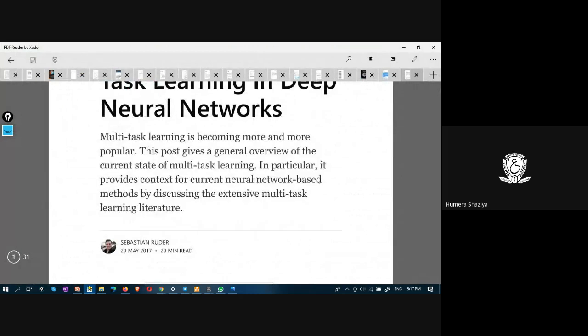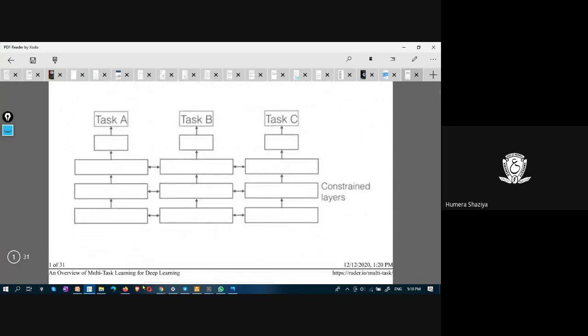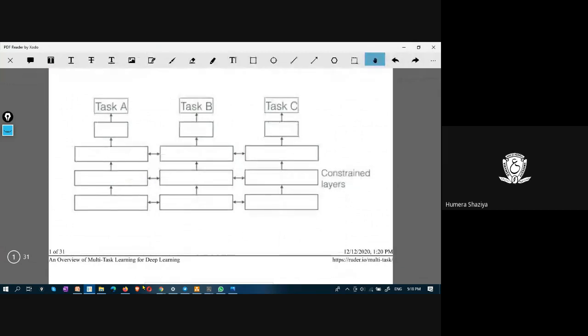It is giving the neural network several tasks, and it tries to learn various tasks instead of just a single task. Look here, this is task A, B, and C. These are the constraint layers, and these tasks A, B, C are multiple tasks given to a deep neural network.